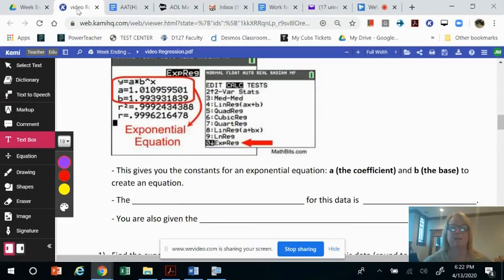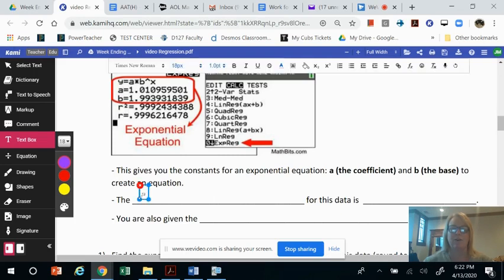So we're going to take a look at the exponential regression pages that we sent out to you. Notice this is the second page. We'll go back to the first page and run through that entire example in just a minute. But I want to take a look at the screen that you're going to see, which is that screen right there on your calculator, and figure out how do we actually write the equation